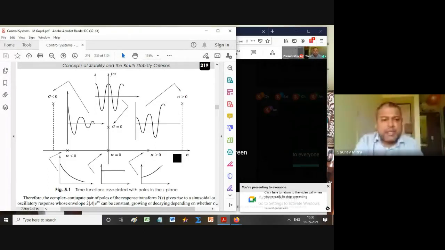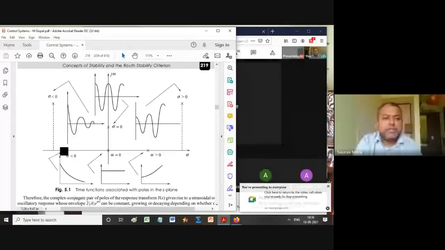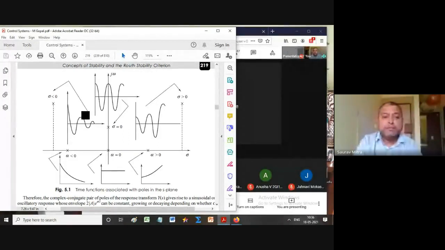Okay, so I was explaining what happens if the pole is imaginary. So it is minus 2 plus 3j. Minus 2 means e raised to minus 2t. So that defines this curve from the top, how fast will be the fall. And plus 3j is nothing but sine of 3t. So these undulations or this frequency is actually given by the imaginary part. So if it is minus 2 plus 10j, in that case this frequency will be higher.